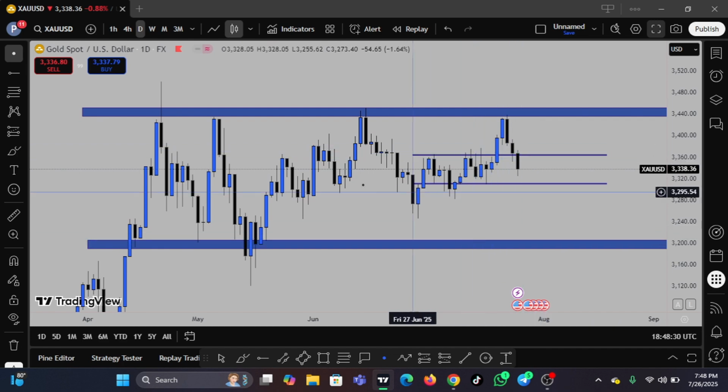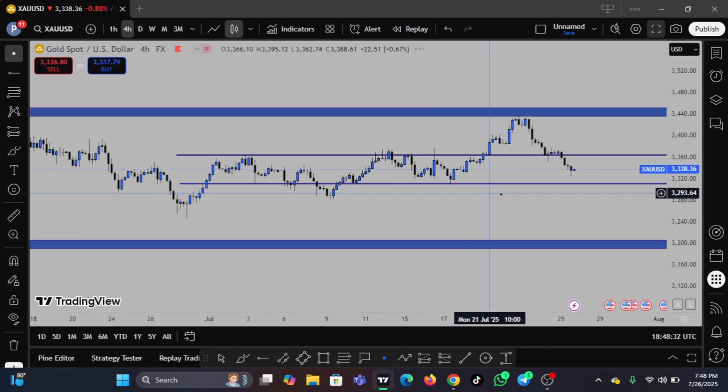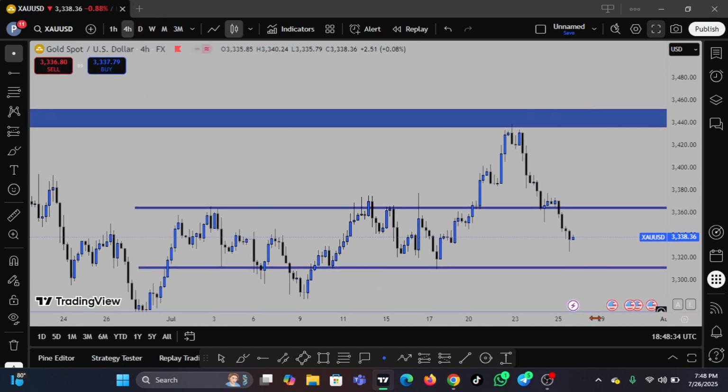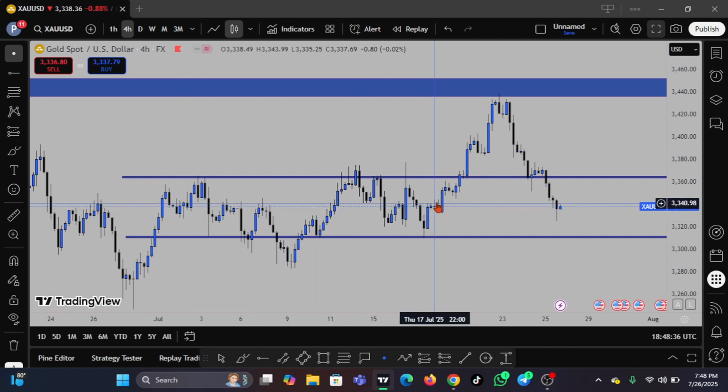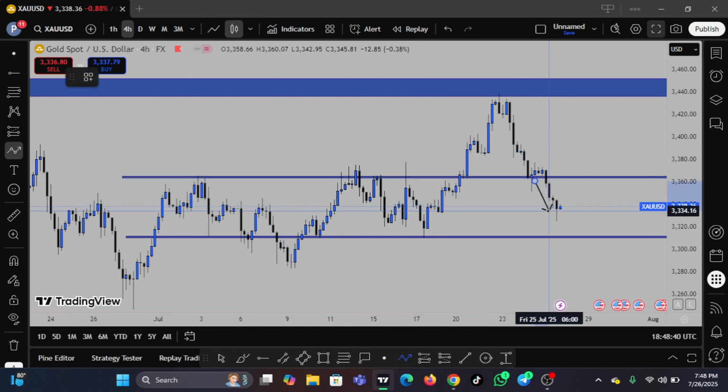So how will I jump on a sell trade? Let's go to the 4-hour chart. To jump on this, we have this minor range on the 4-hour chart. Of course, I did take a buy trade here, but price went deeper. I thought this is a break of this level, and then we are having a test for price to keep higher. But of course, I was wrong here, and price went more deep.